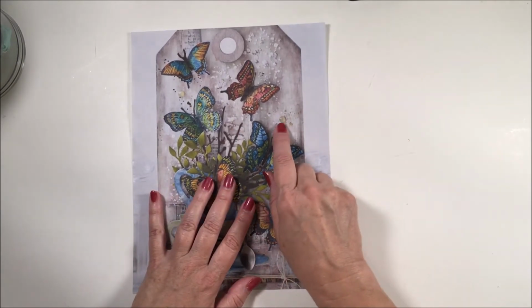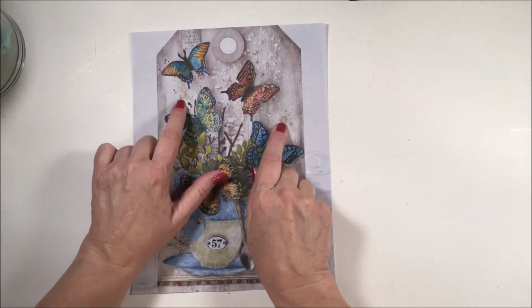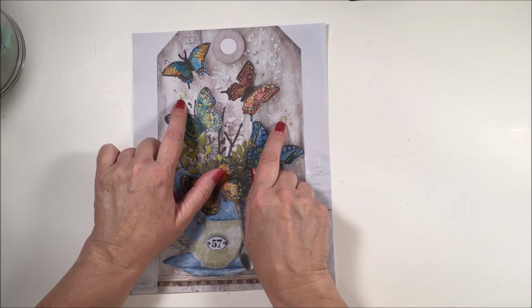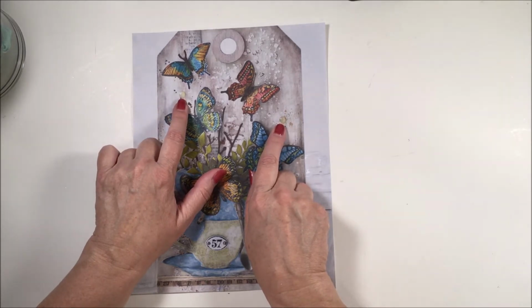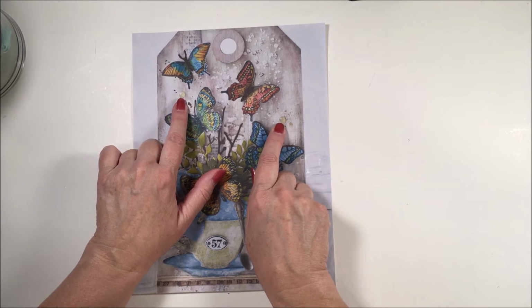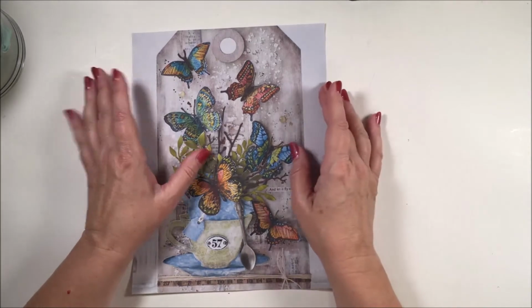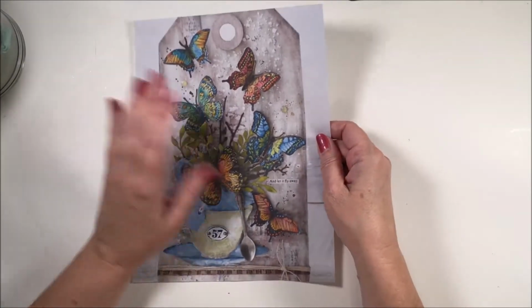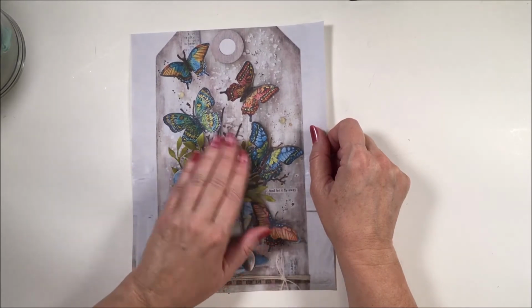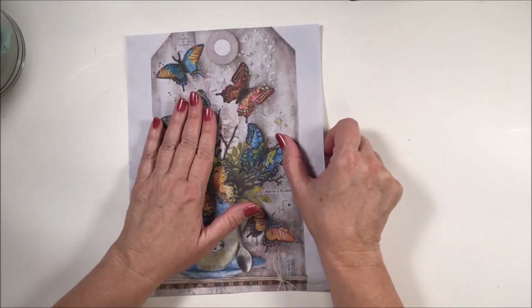And I also saw these dots, and I'm not sure if they're enamel dots or dewdrops or what, but I remembered that I recently got some of these in my collection from another crafter who is moving to a new kind of crafting, and so she gave me some of her older supplies that are no longer useful to her, and dewdrops were among those supplies. So I decided that I wanted to do something that had the branches, the leaves, the butterflies, and the dewdrops,